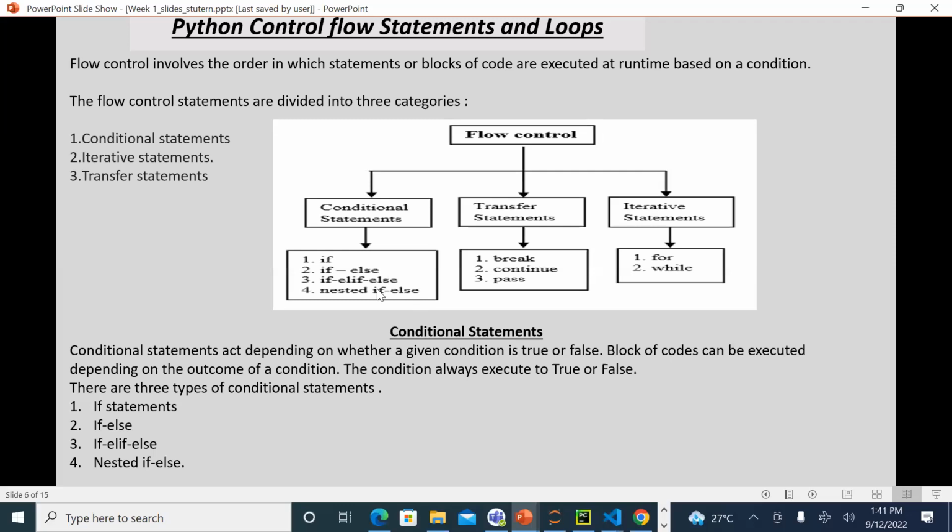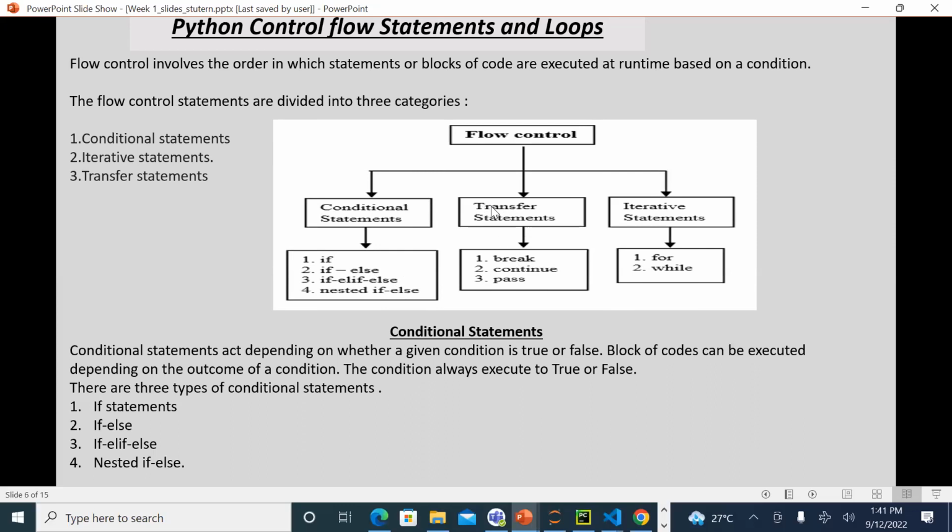All right, so that's if else statements. Of course, that's for conditional statements: the if else statement, and then the nested if else statement. I might not be making use of all the examples for all of these, I'll just be moving faster, because what we intend doing at the end of today's class is to make use of this in a real life